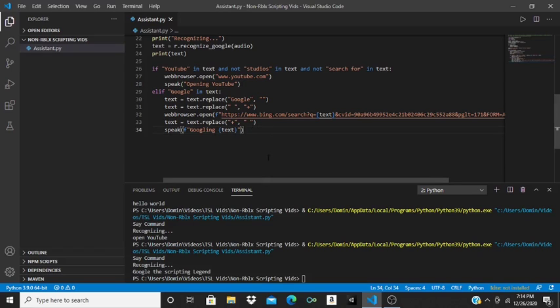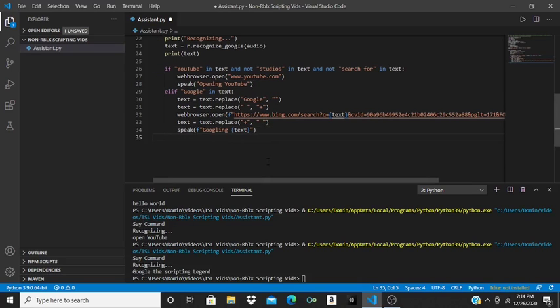Alright, so now that that command works, we're going to make it so that we can search stuff on YouTube by talking. So now we're going to do elif YouTube in text and studios in text and not search. Wait, hold on. If YouTube in text and not studios in text and search for in text,